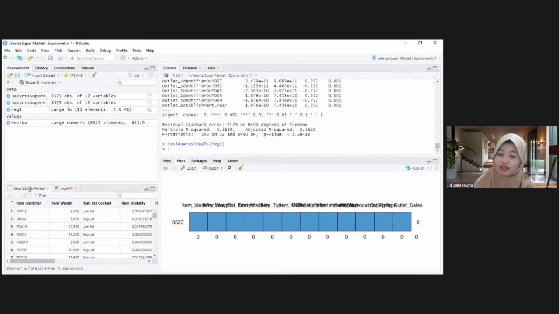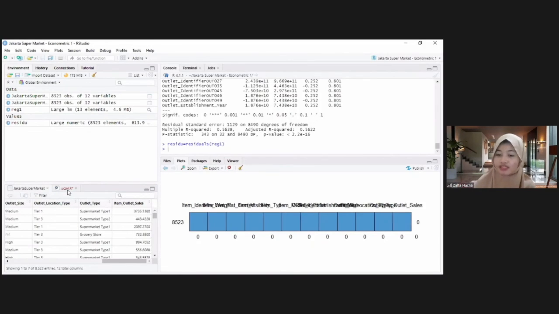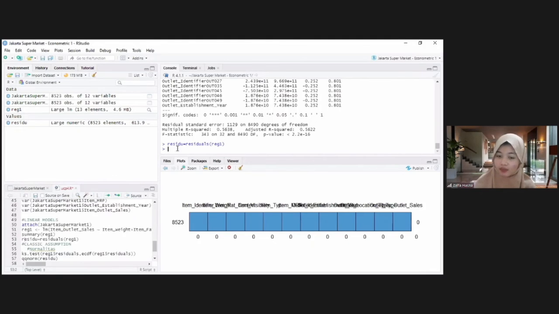The item MRP variable has an effect on the item outlet sales variable. Also, we can write this in the command: residue equals residuals reg1. Then we can save the residuals value of the model to be used in the normality test using plot.